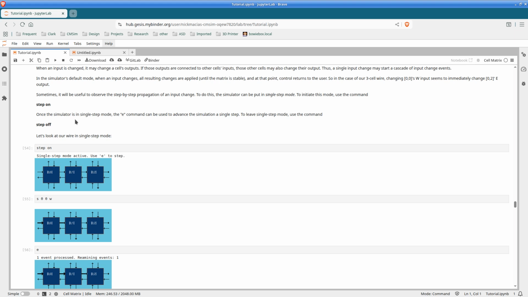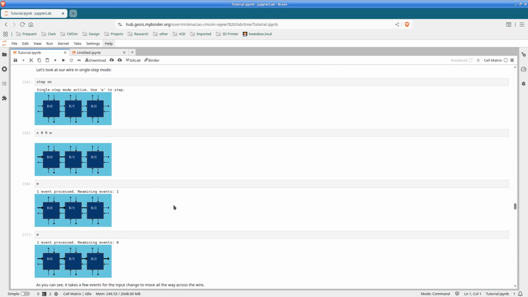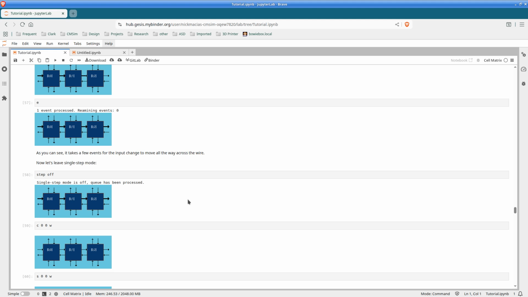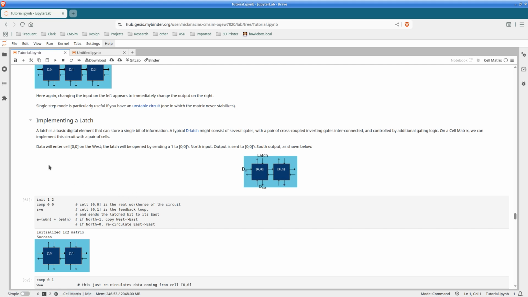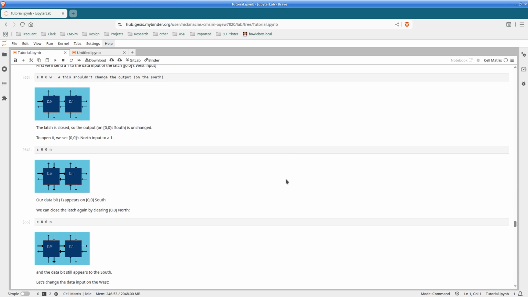playing around with single step mode. So yeah, that is implemented, so we can actually see how inputs move through a collection of cells one step at a time, whereas normally when we just change an input, all the corresponding consequences of that happen at once. We can run it in single step mode. Here's an example of a simple D-latch, and then